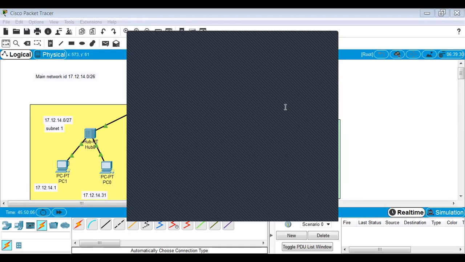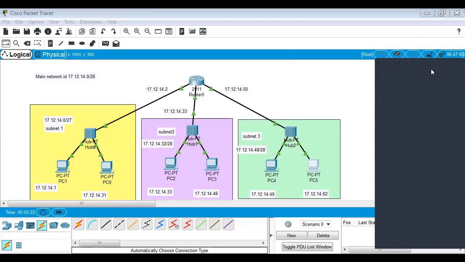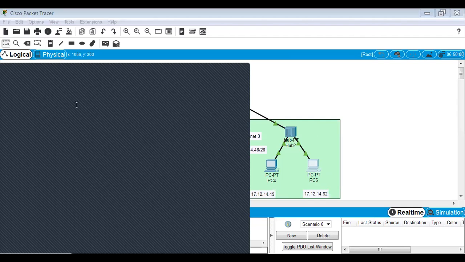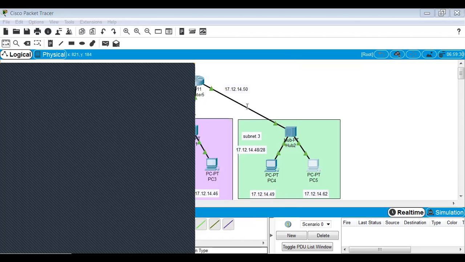And we had assigned this IP address as 15. So that will be the gateway address for this PC. Now the gateway, it has to go through this link.